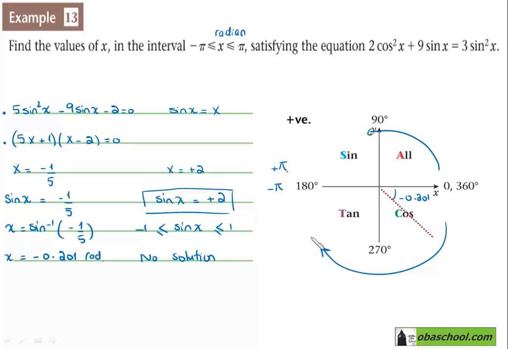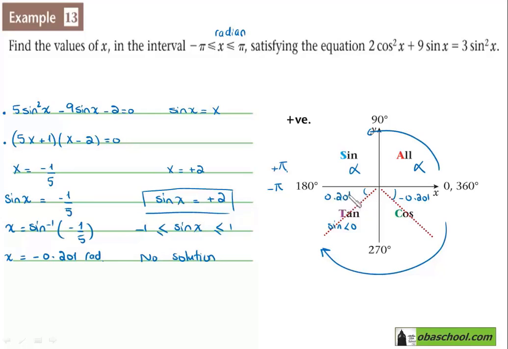Now we need another angle where the sign is negative. In this quadrant, the sign is positive, so not here. Also here, the sign is positive, so we neglect this one as well. In the third quadrant, the sign is negative, so we accept it. This is the angle. It is acute, and it is